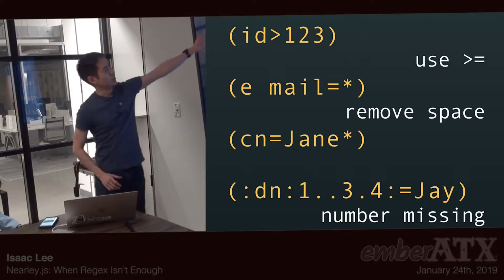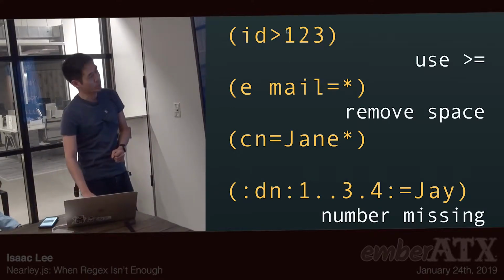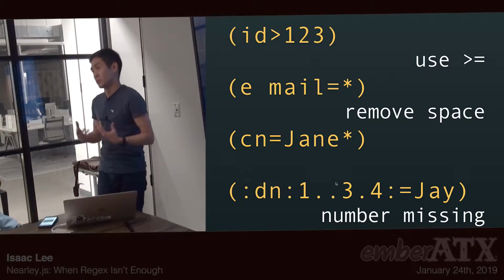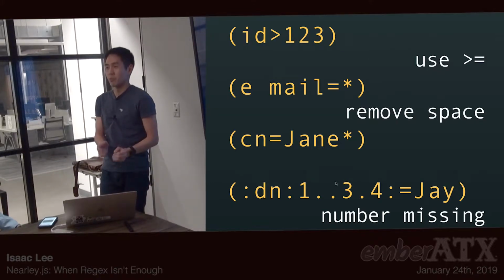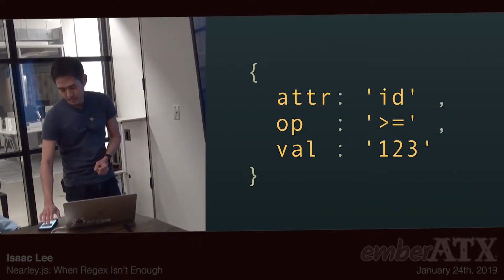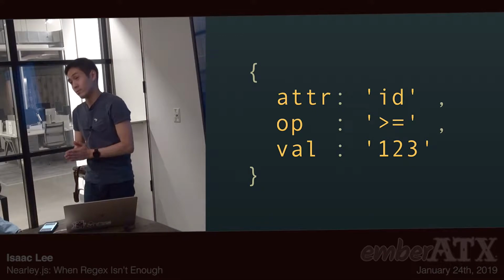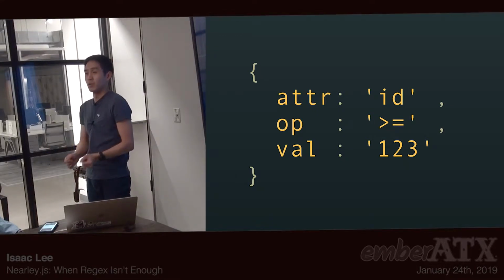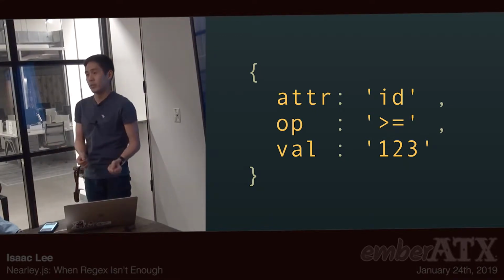So here, the first two. In the first one, I'm missing an equal sign, so that's not a valid filter. Here I have a space, and here I'm missing a number. I want to be able to tell the users why they did something wrong. Fourth is transformation. So instead of just a simple true or false, meaning valid or not valid, I want